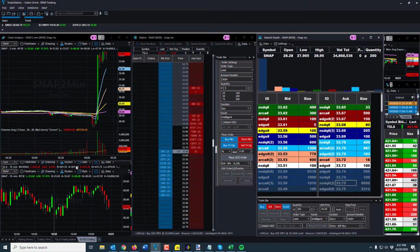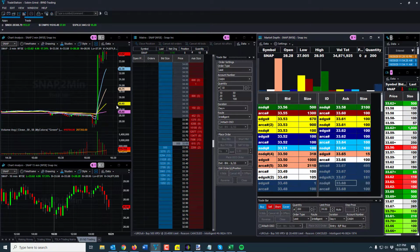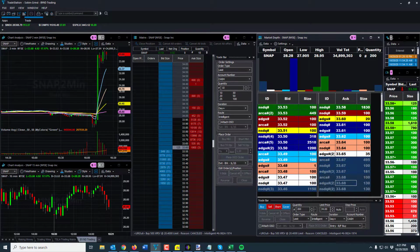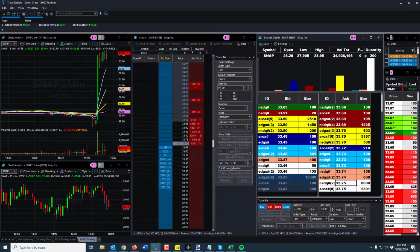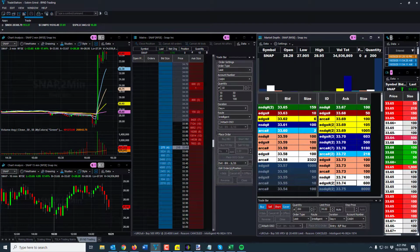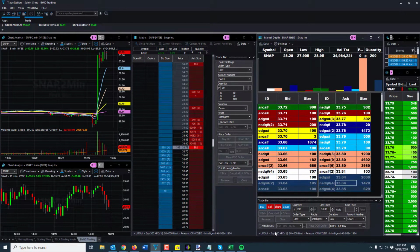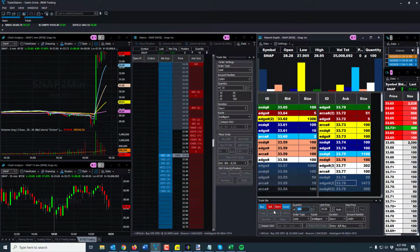Let's go back over to my Snap potential here now that it pulled back, and now it's coming back up to the 34 level. I have a feeling it possibly could push through 34 and make, let's say, 34.12, 34.15, and then flush back down to 33.50. That's my only concern here. Let's just see if I can get this trade off. I'm going to go with 100 shares. I think it's a little heavy